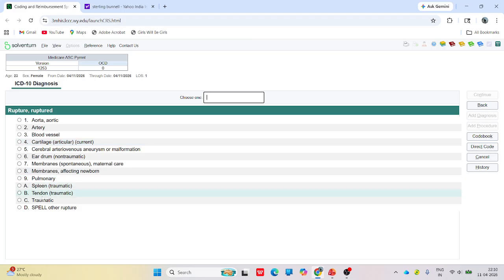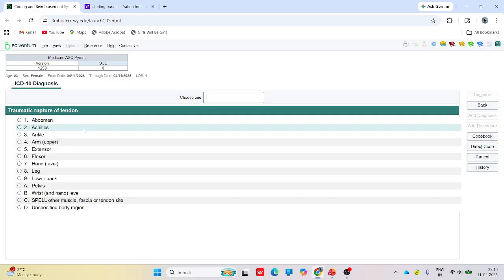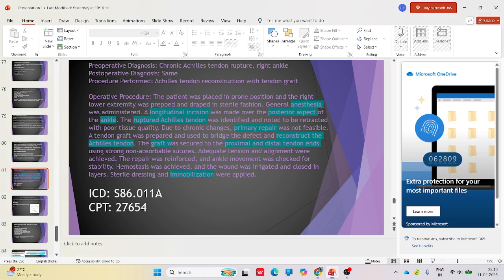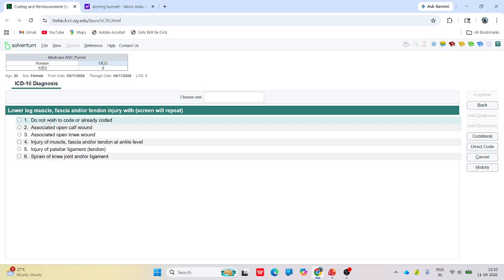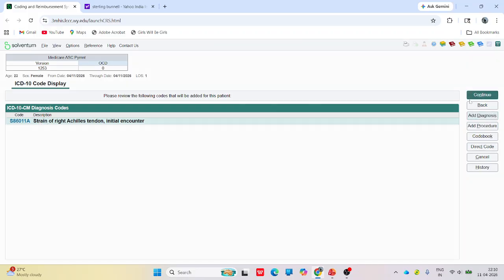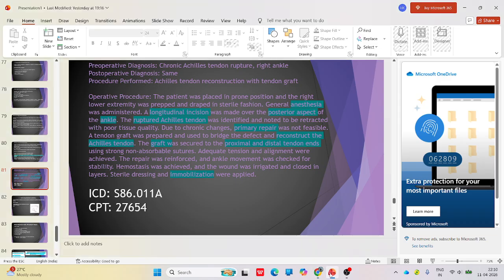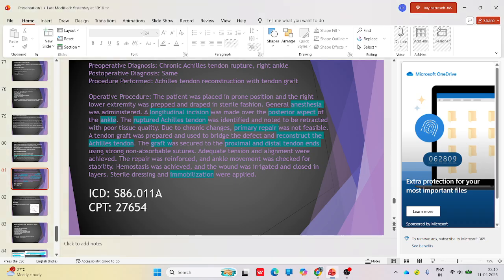tendon, Achilles tendon. It's on the right side. Right side of the right side. So this is an ICD code for the Achilles tendon. Okay, it's S86.011A. And now coming to the OP report, the procedure is Achilles tendon reconstruction with tendon